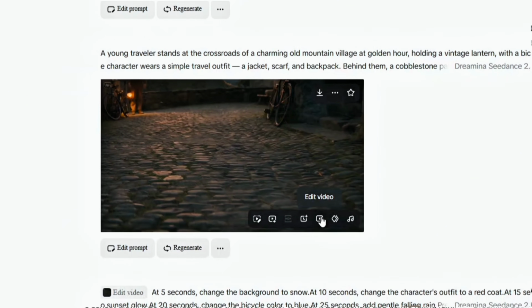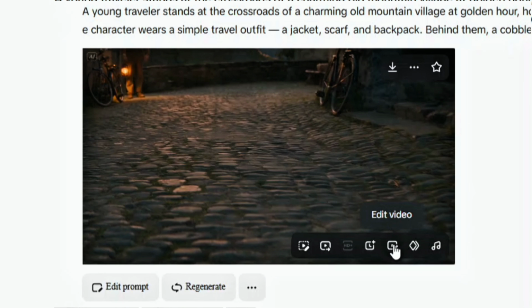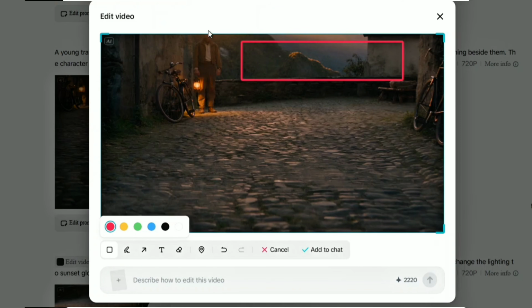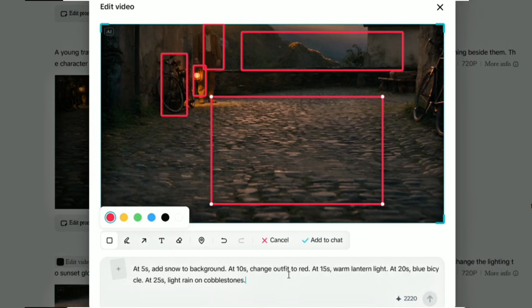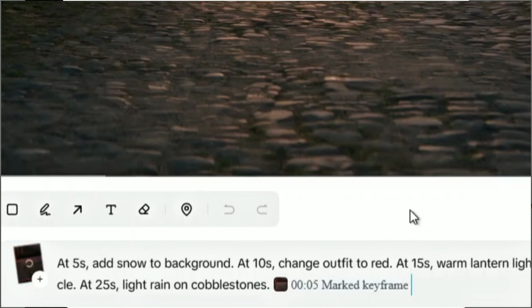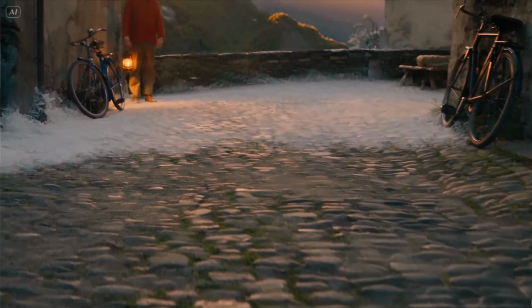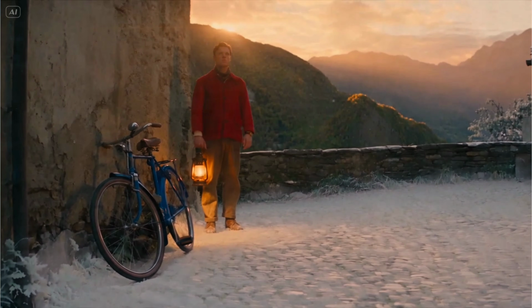Many people ask what if the generation is not quite right. Dreamina's exclusive Smart Edit mode is built for large-scale revisions. You can select 5 timestamps and draw 5 boxes at each point simultaneously. For example, change the background to snow at 5 seconds and change the character's outfit to a red coat at 10 seconds, and at 15 seconds change the lighting to sunset glow, and at 25 seconds add gentle falling rain. It's a deep intervention on the original creative assets, enabling multi-version delivery from a single creation, drastically cutting your rework